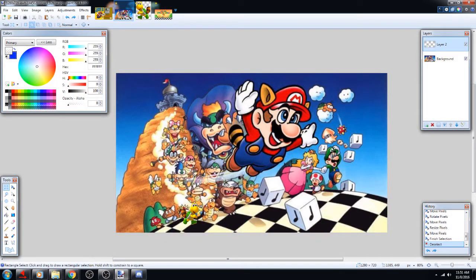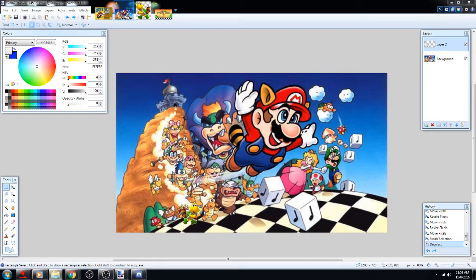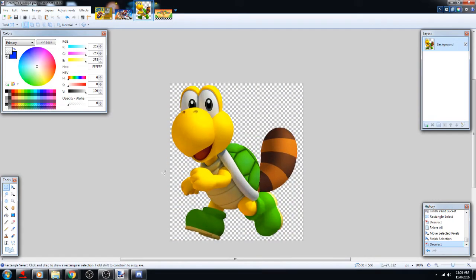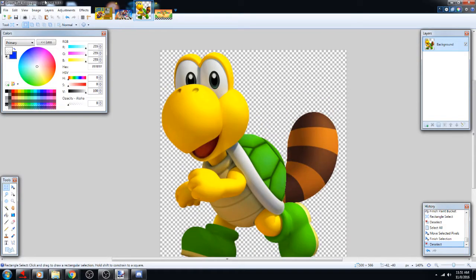Instead, let's have some fun with something else. Let's go through some effects. I actually have a fun time doing so. So let's go ahead and grab our bushy-tailed Koopa right here. Bright-eyed and bushy-tailed. So now that we're on this image again, you come up here, you have the main tool,